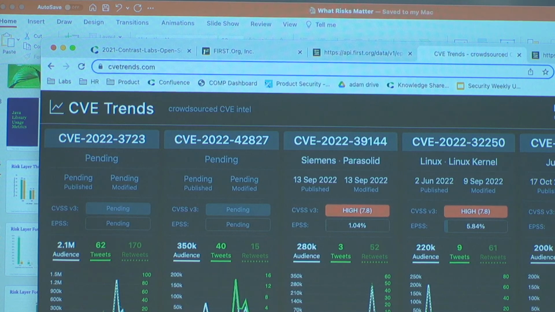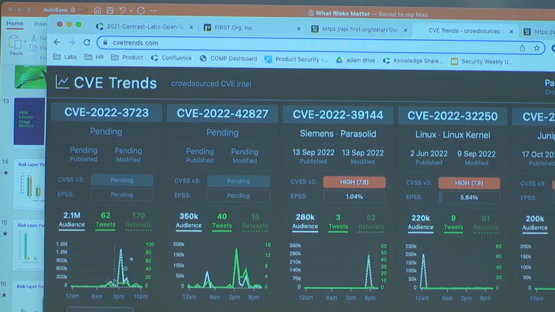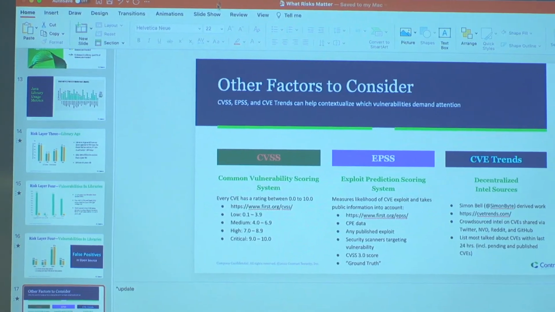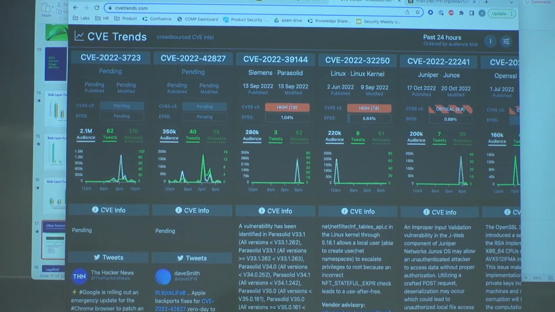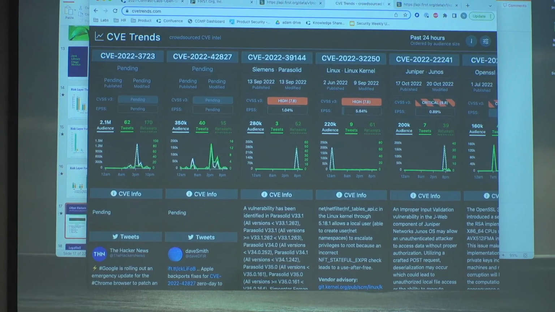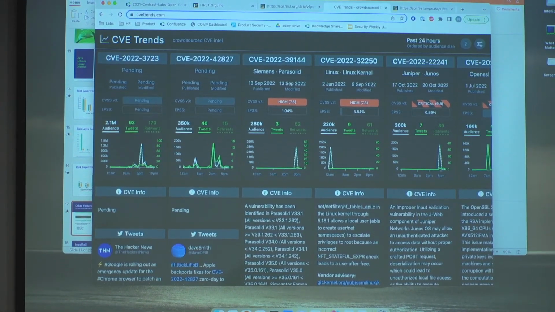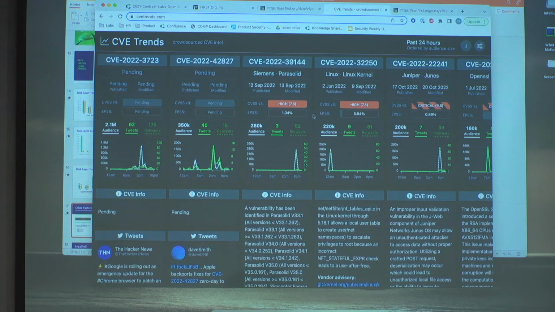Another one, it's really cool, guys, cvetrends.com. Some guy, I forget his name actually, Mike something, or Simon Bell, created this website, and it reads Twitter. It's like threat intel for CVEs. It takes a look at all the chatter going on about specific CVEs, and he publishes the top 10 or so. And it tells you how often it's being talked about. This will help you understand if a bad actor is going to try to write exploit code for it. So this gives you more data to give your developers and say, yeah, this one's trending, this one's probably really important. Let's try to fix this one, guys.